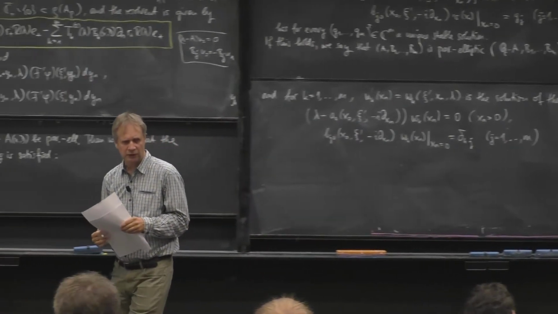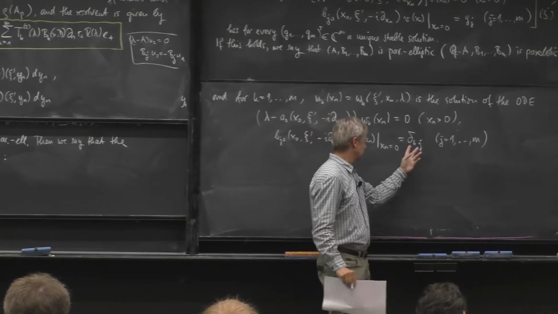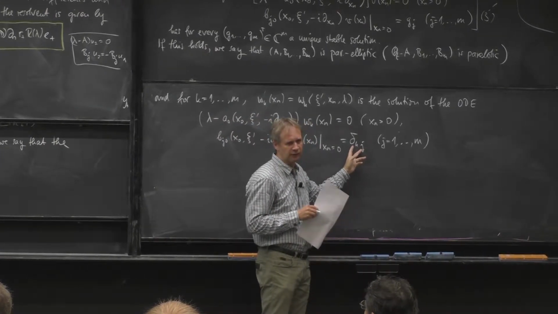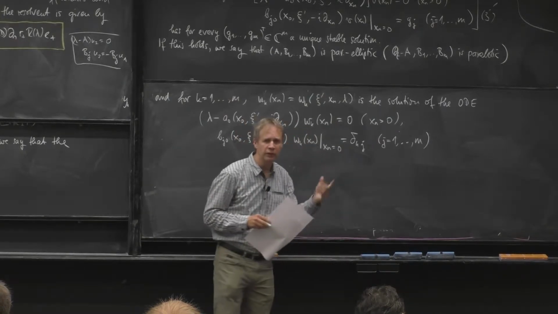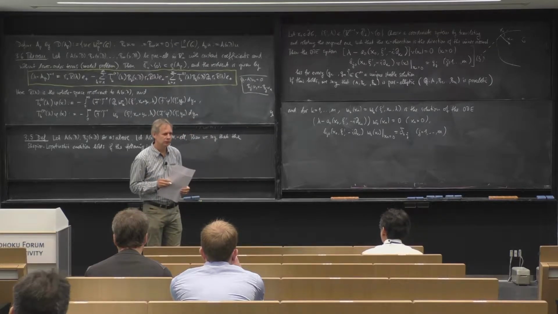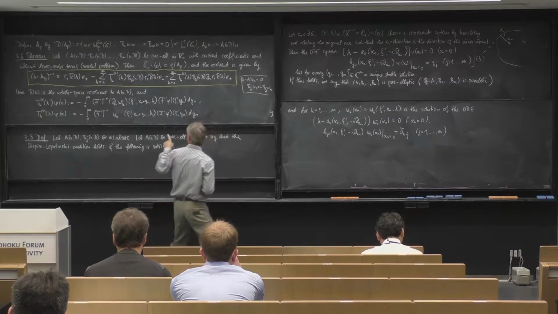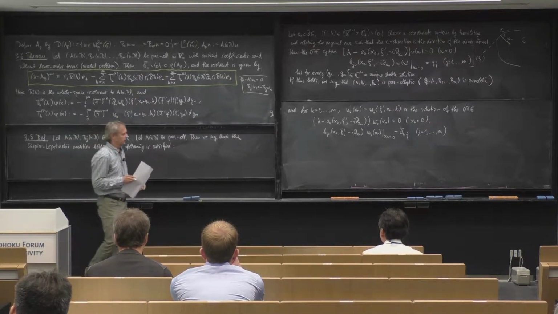So I know this is uniquely solvable for every right-hand side. I take the Kronecker symbol on the right-hand side, so a unit vector on the right-hand side, and I get a basis W1 to W2M, a basis of the stable solution space. And this solution is the symbol of my kernel operator, of my integral operators. It's the kernel of the integral operator.